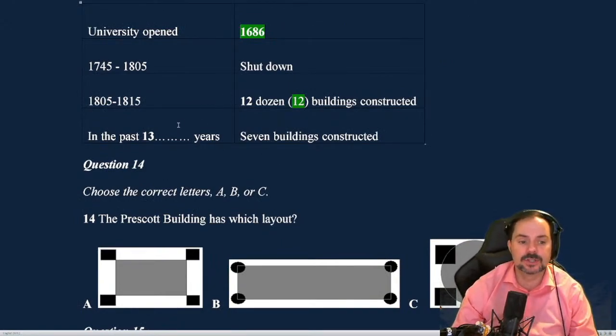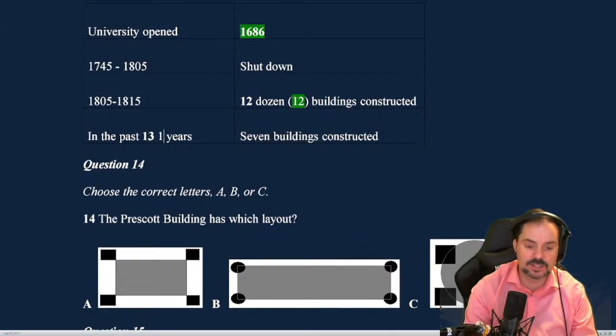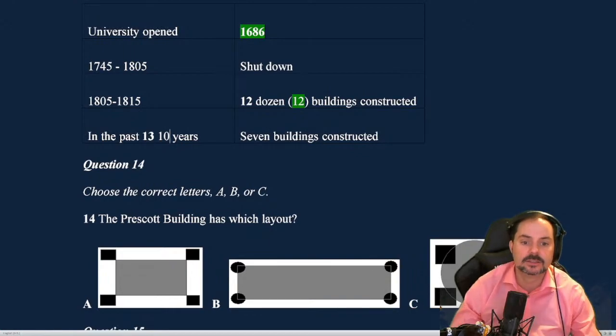Okay, dozen answers. In the past, something, 7 buildings were constructed. So here you had to listen for this 7 buildings. In the past, Dui Un, very good, Mien, very good, Jack, very good. Jack, use the number, it's easier. So in the listening section, just use the number, 10. Okay, in the last 10 years, 7 more buildings.